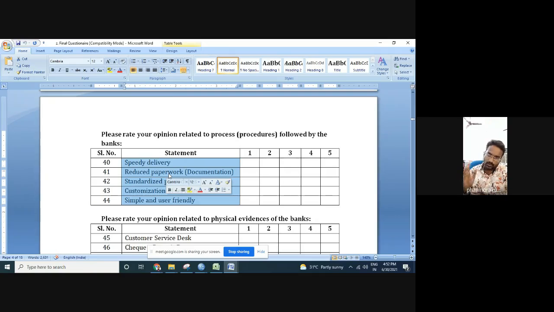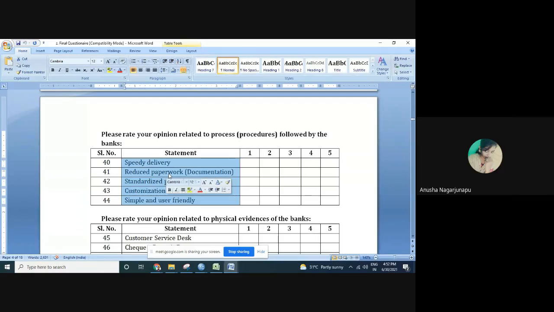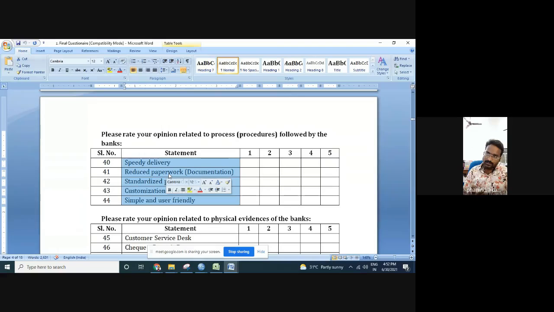Whether in documentation or paperwork when you're applying for loans, whatever process they follow and whatever documentation they ask for, is the customer happy with that or not? Even when you open an account, they ask for a letter of introduction or introductory sign, house proof, residence proof, and other documents. You can put all those things, and that shows the documentation. Then procedures, how to introduce, and without the introducer, they do not accept you.